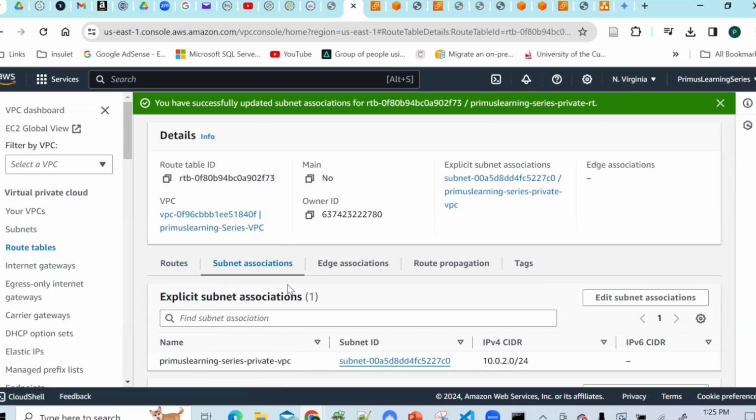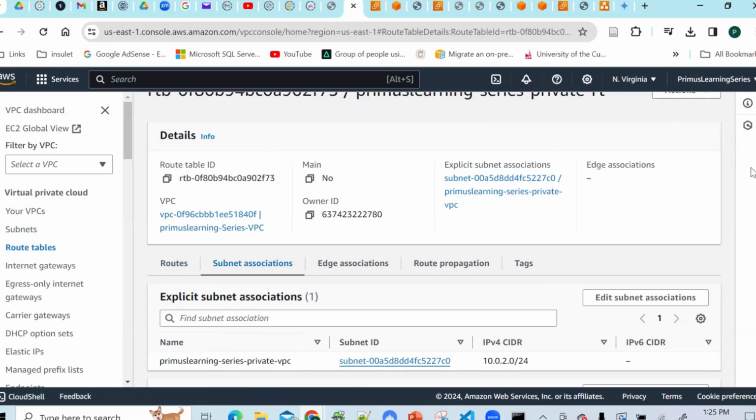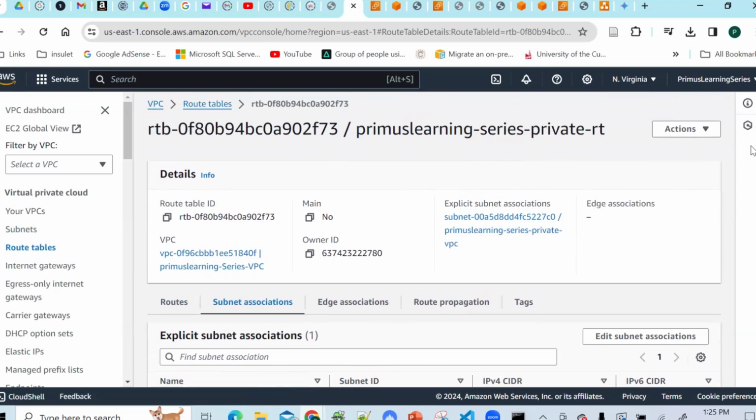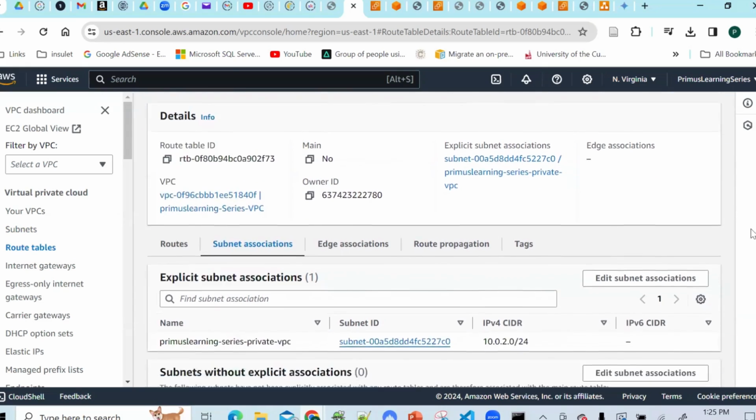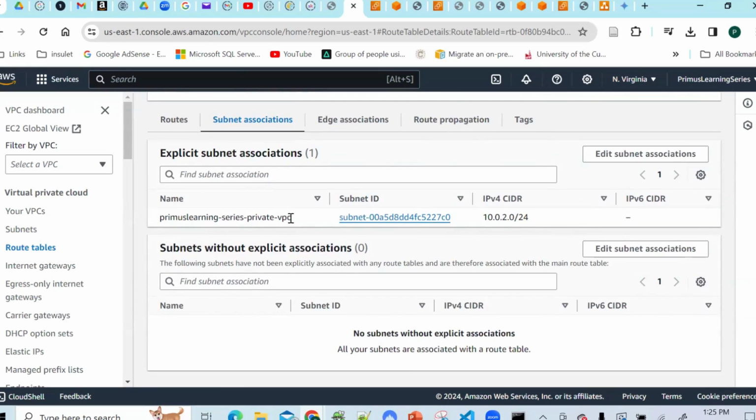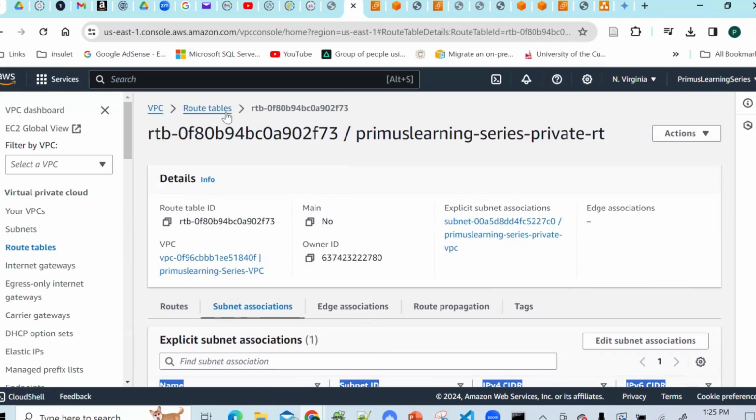And then the second one is also, this is the private one, right? You see that is the private route table. This is the name we gave it up here, Private Primus Learning Series private route table. It is associated to our what? To our private subnet. Now the other one, which is the public one, is also associated to the public subnet,